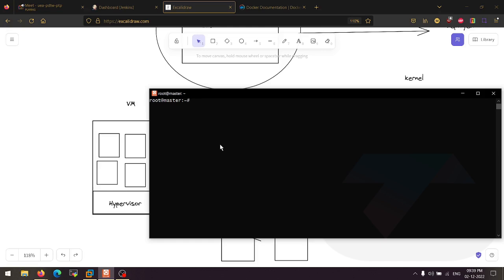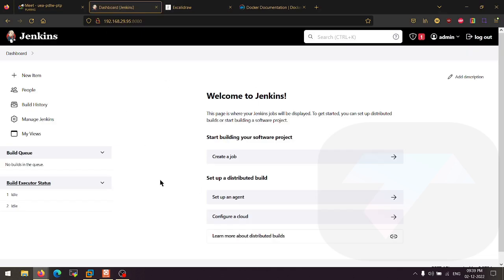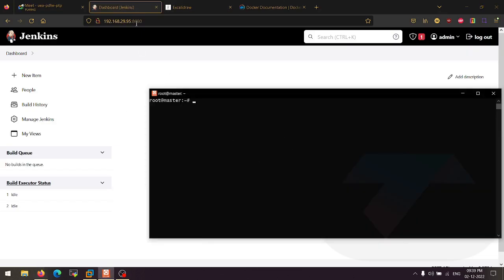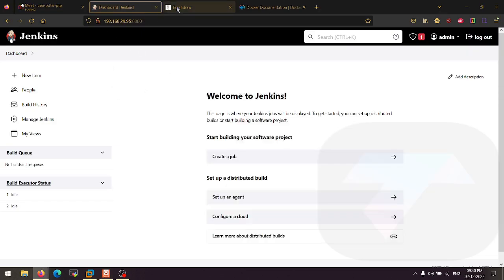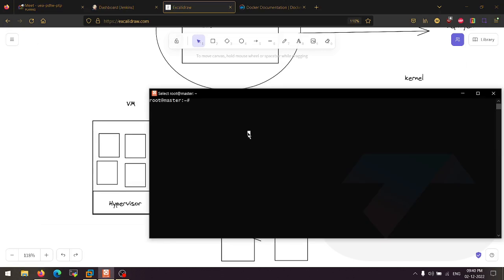Okay, now this is the console of this virtual machine, and here I can do the same thing that we did on the AWS. The only difference is that I have 4 gigabytes of RAM here, 4 core CPUs. So that's a powerful machine as compared to the AWS instances right now. Okay, because in AWS we have to pay a lot for those instances. Now Jenkins is also set up on the same machine. Okay, so this is the Jenkins IP where you guys can see Jenkins. But before we go to the Jenkins, let me show you the Docker.